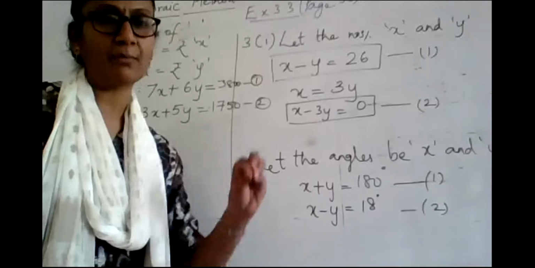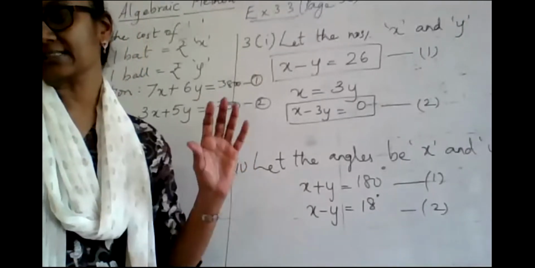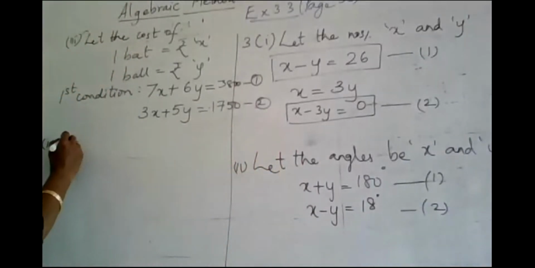So how to frame the equation for this condition is what we are going to understand. It is said the taxi charges consist of a fixed charge. So we will assume, let the fixed charge